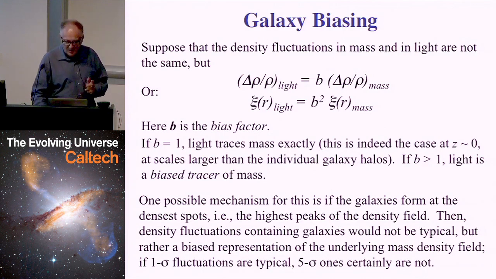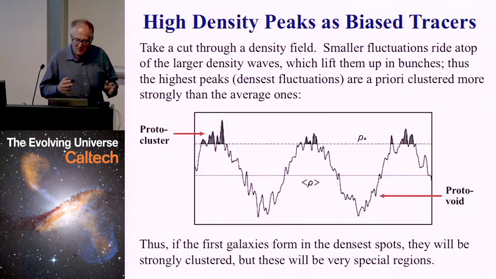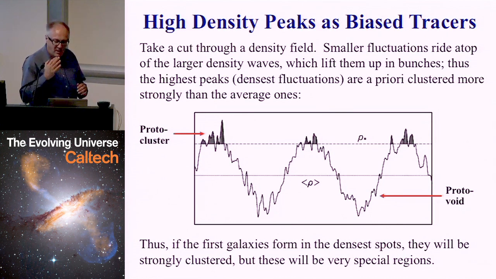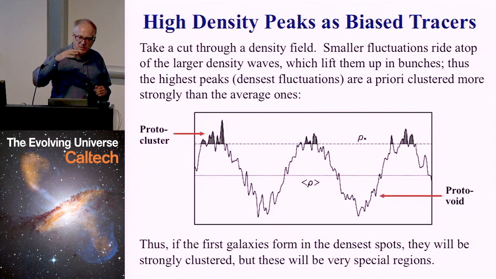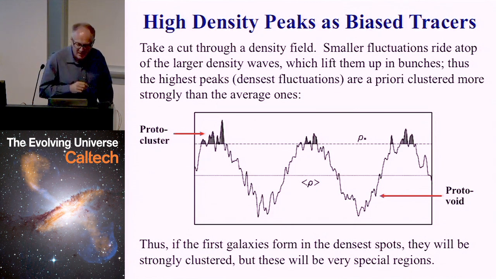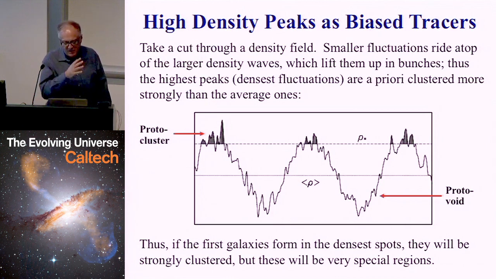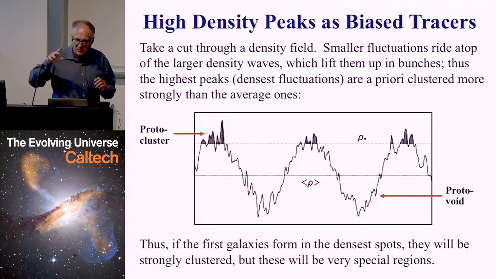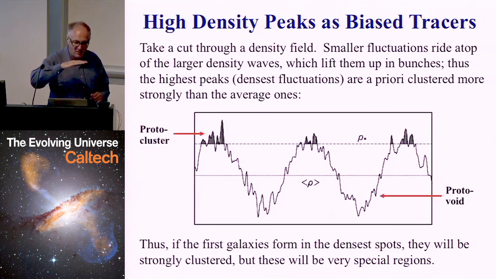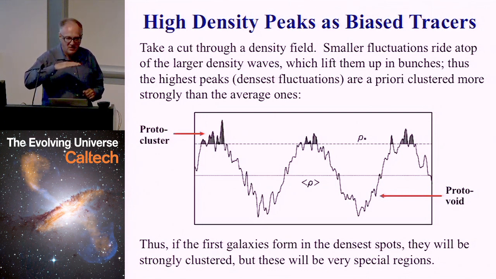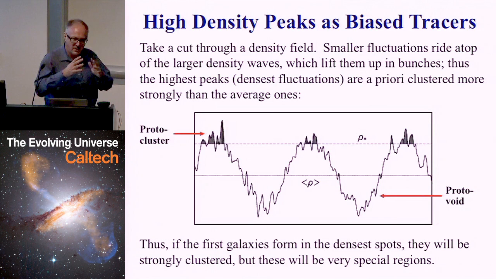The simple model for this is, let's assume that in a very distant universe, when you start forming galaxies, you require them to be above a certain density threshold for stuff to fall together and ignite star formation. Now, remember, the density field can be interpreted as a superposition of waves of different wavelengths and amplitudes. So you have small waves riding atop large waves. If you impose a threshold, then you're naturally going to select first the small peaks that are riding atop of big waves. And so in this picture, first galaxies will form in first clusters,